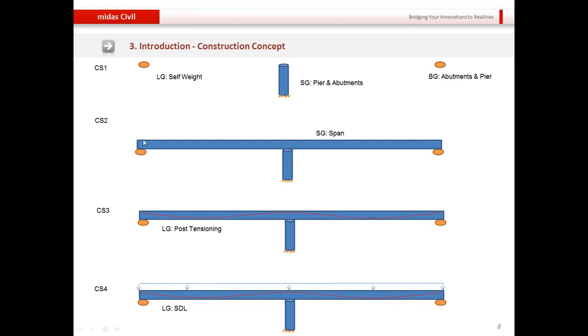Now then comes the next stage. We'll activate the structure group corresponding to the span. Then in the next stage, we'll apply the post-tensioning strands, and in the final stage we'll apply the superimposed dead load onto the structure. So basically, whatever we have activated in the first construction stage will be carried forward to the second construction stage, then it will be carried forward to third and fourth, and so forth. And if you want to use some temporary boundary conditions, then you can apply them in a given construction stage and then take them out whenever they are taken out from the